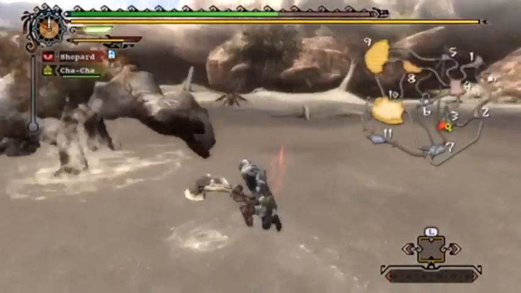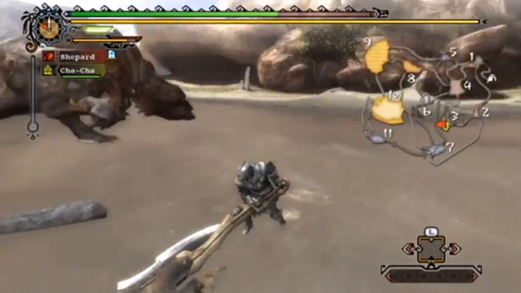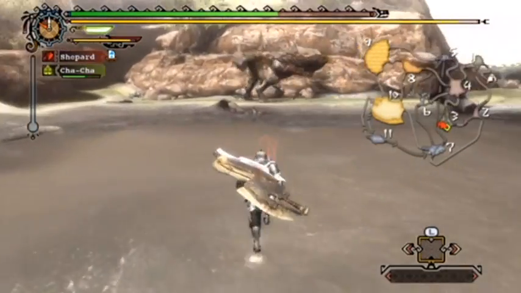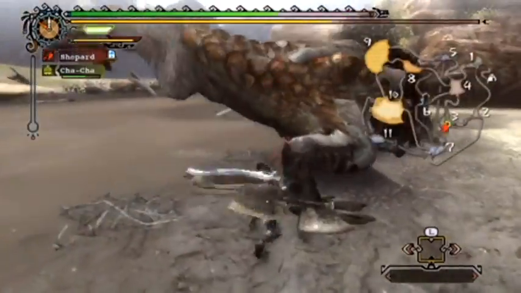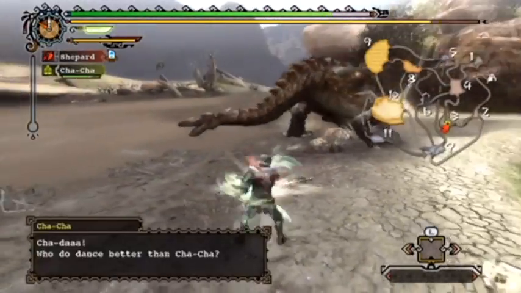And you'll notice that I've been using the hops a lot. Anytime a weapon has some sort of function to it that increases your mobility, it's usually there for a reason. Like with the switch axe, you have your hops. With the long sword, you have your fade slashes to the sides. All those various abilities should be used to...